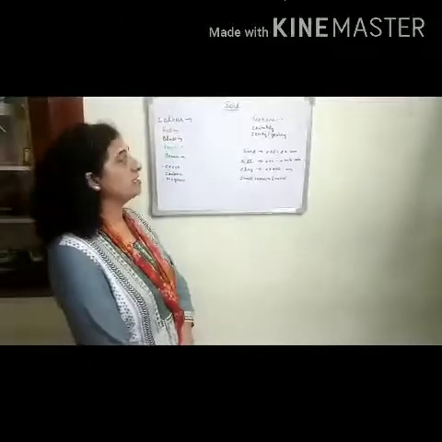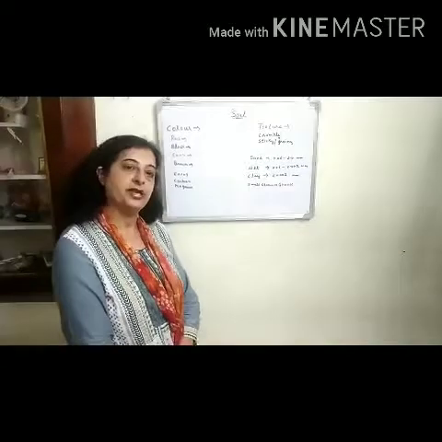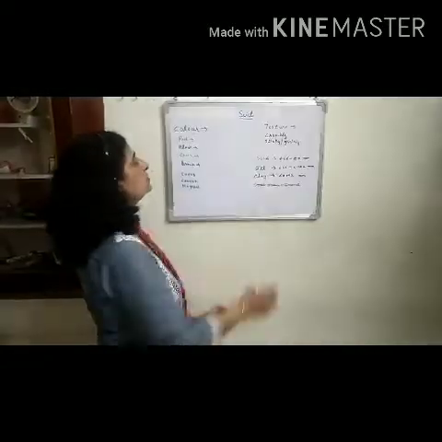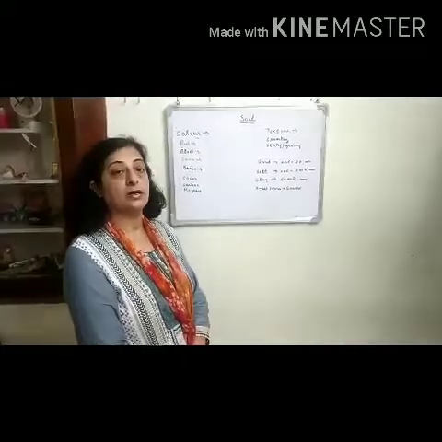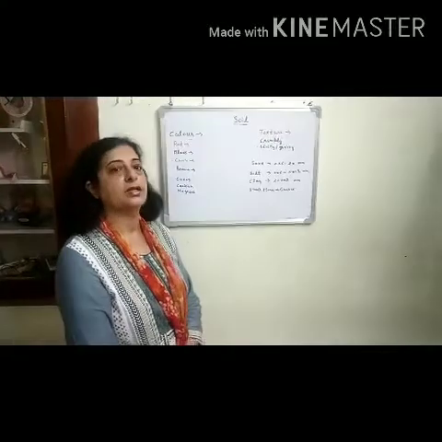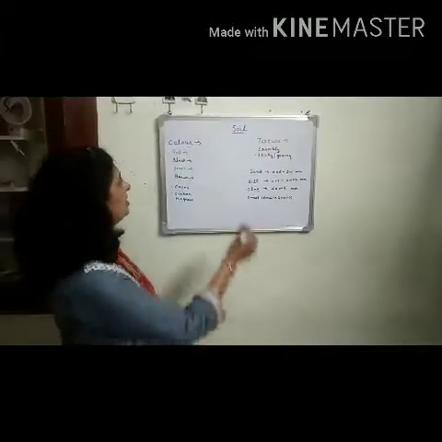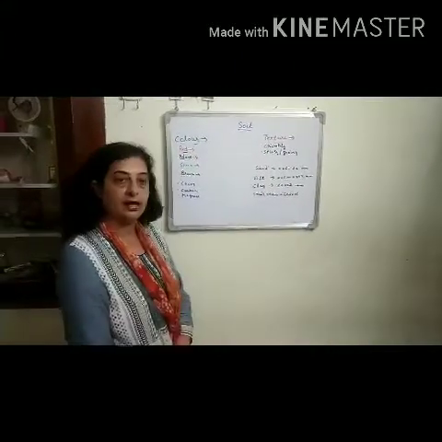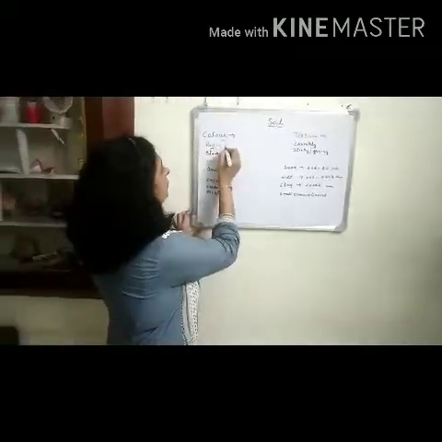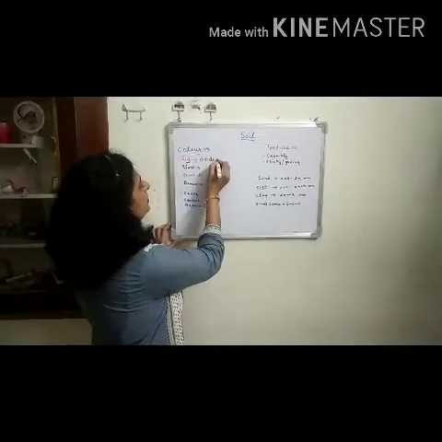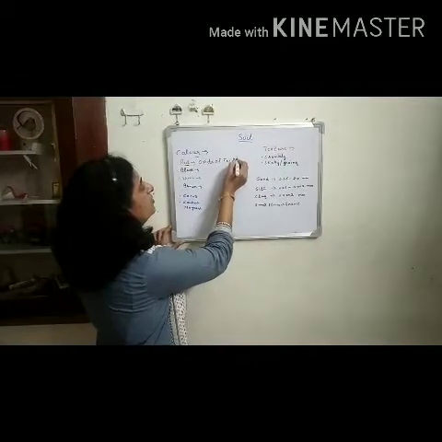Now we will discuss soil color and texture. Different types of soil have different colors due to different factors. There are one or more factors responsible for the different colors. For example, soil may be red in color due to the oxides of iron or aluminium.